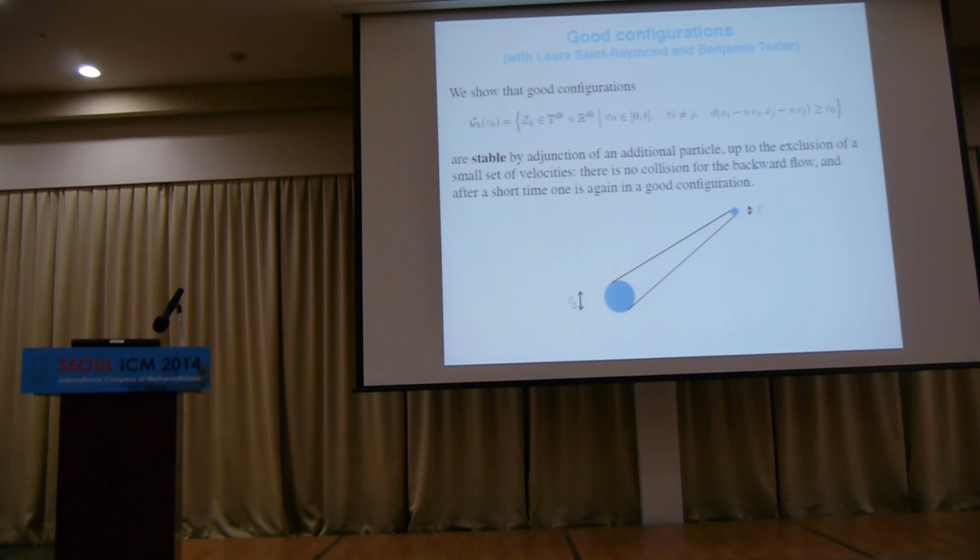You're just going to be careful. Each time you add a particle, you remove a tiny bit of phase space to avoid this new particle hitting any other one for any future time. So that's easy. When epsilon goes to 0, the measure of this part of phase space is very small, and so you can prove your result. The problem is that I had a series, an infinite series. So actually, epsilon is going to 0, but n is going to infinity. And if you have many particles in my billiard table, it's going to be harder and harder to avoid them.